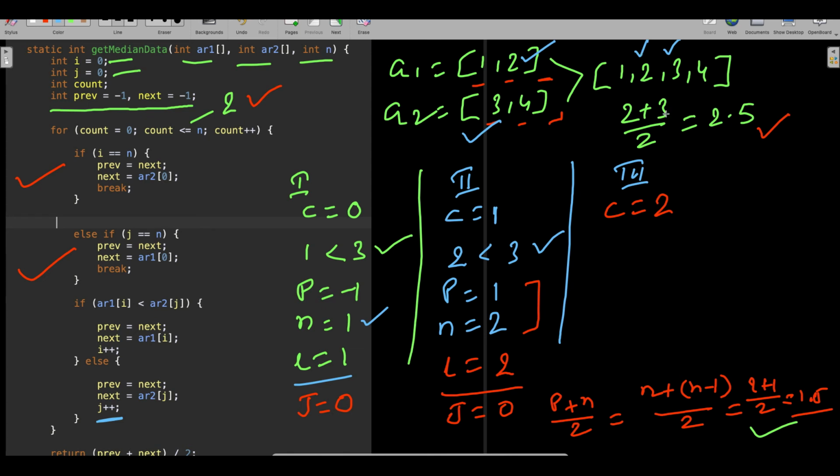You understood? So what is n here? n is the first element of the second array, right? And what is n minus 1? The last element of the first array. Now that is the reason I have written this logic. When I became n, what is the I? 2. And what is the size of the array? 2. So when I became n, to handle this kind of case, you change prev to be equal to next.